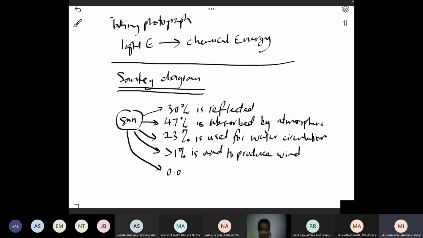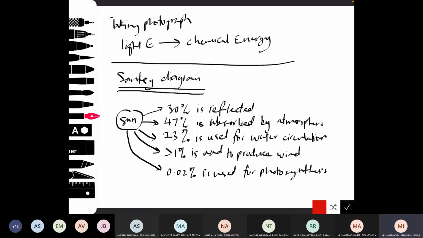And only 0.02% is used for photosynthesis. Photosynthesis. Okay? Can you read my handwriting or not? Yes. Not very beautiful, but at least correct. Okay. So when we have this fraction of sunlight used, actually we can